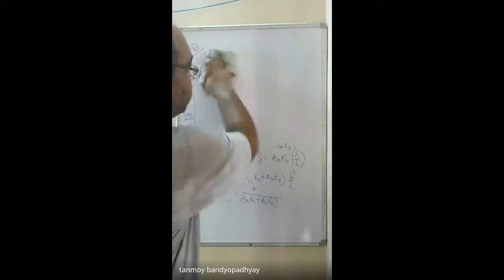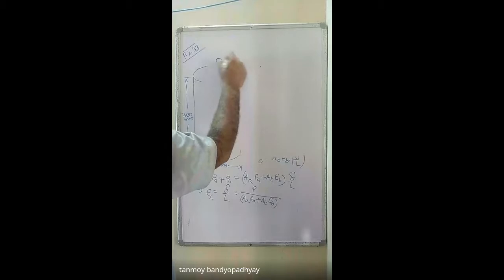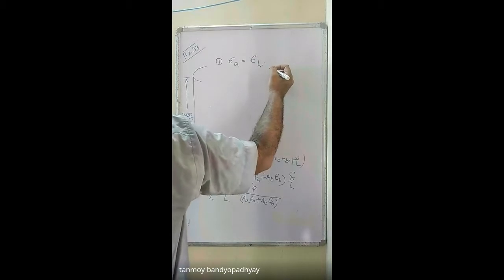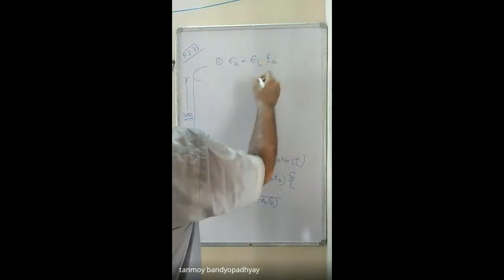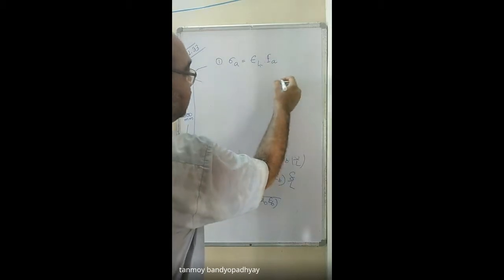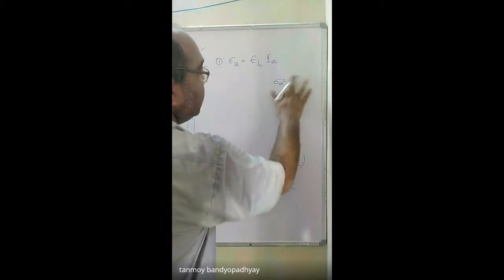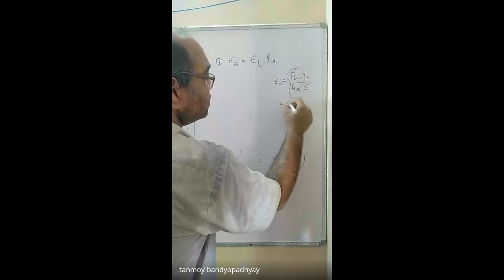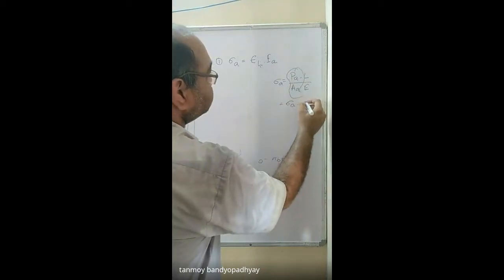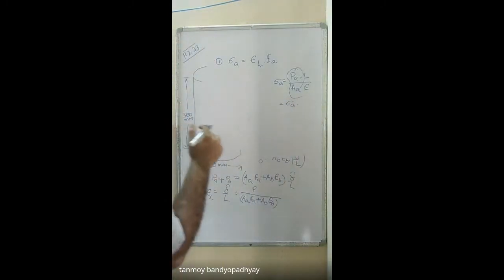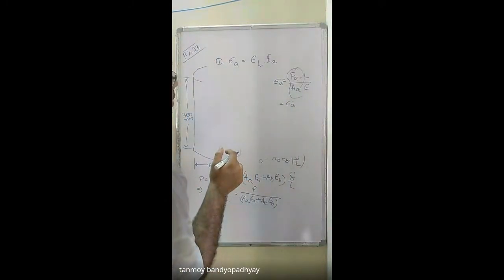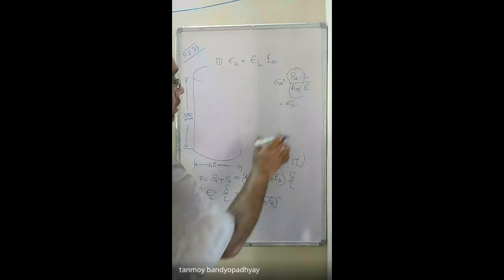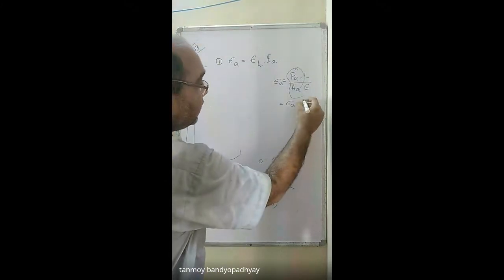So in order to calculate the stresses, the stress in the aluminum part, sigma A, should be equal to epsilon into EA. So as you can understand, like sigma A is equal to PL by AE. So PA into L divided by AA into E. So this part is stress. Okay, এটা delta by L. So এটা হচ্ছে sigma into L by E.